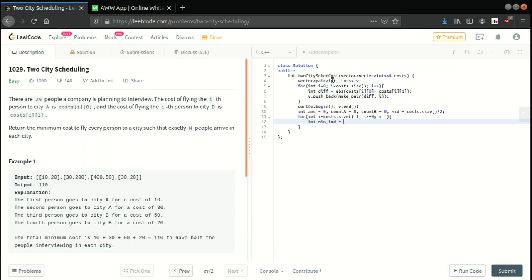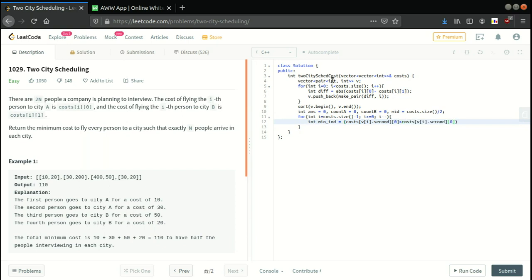Okay, so that will be costs[v[i].second][0], okay, if it is greater than costs[v[i].second][1].